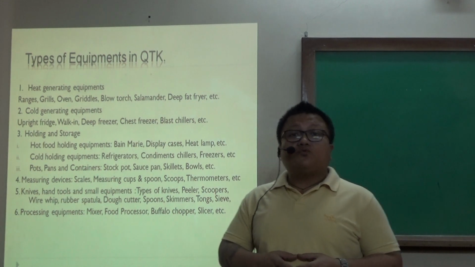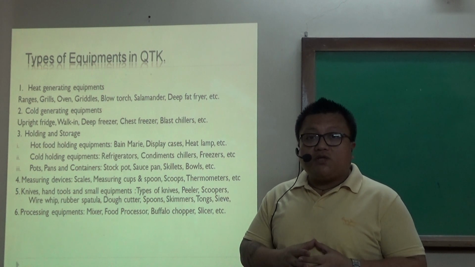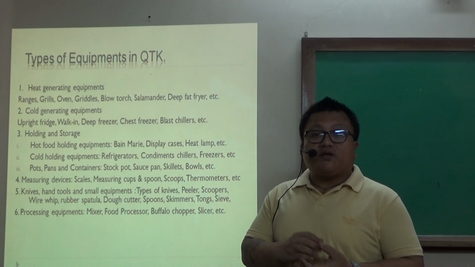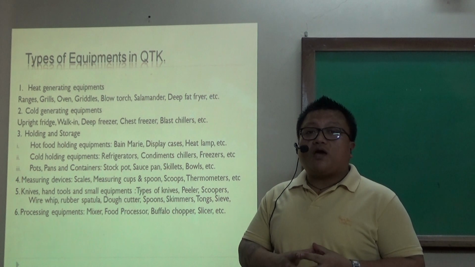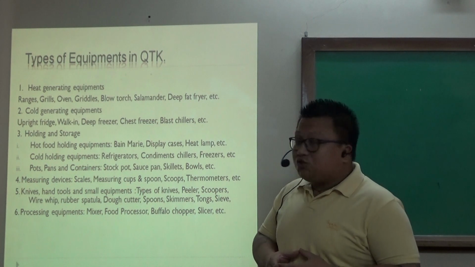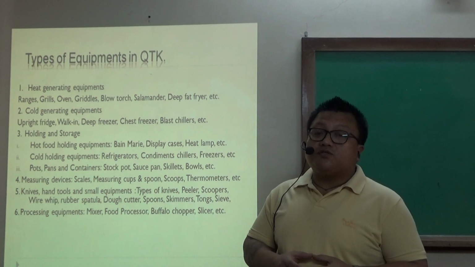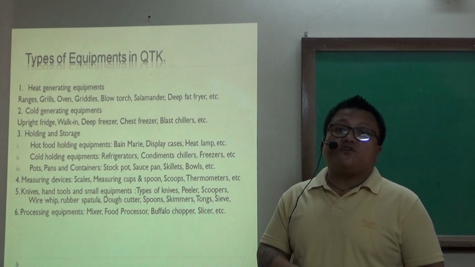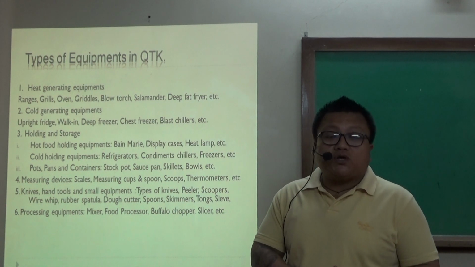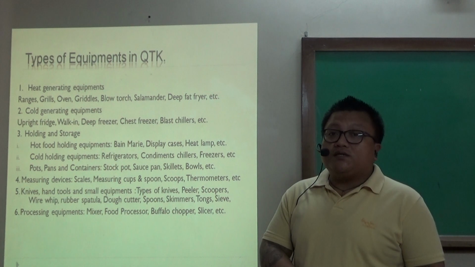Cold generation equipment are those which we use for cold holding, where we keep things to make sure that the food items, commodities or raw materials maintain the temperature, where we need to have below 4 degrees Celsius, so that the food is kept under such controls where the germs or pathogens are not disturbing any of the commodities for future use. Holding and storage are those where we keep things in proper manner and sequence,